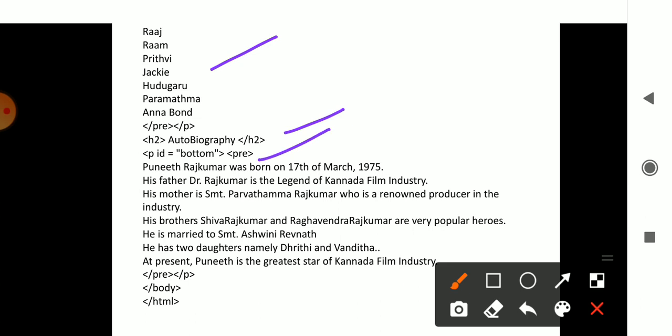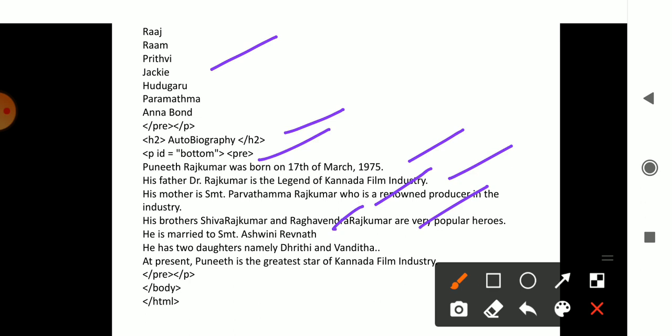The paragraph which will be printed at the bottom is: Puneet Rajkumar was born on 17th of March 1975. He was the son of Rajkumar. His mother was Parvathamma, who was a producer. Shivraj Kumar and Raghavendra Rajkumar are also heroes, his brothers.